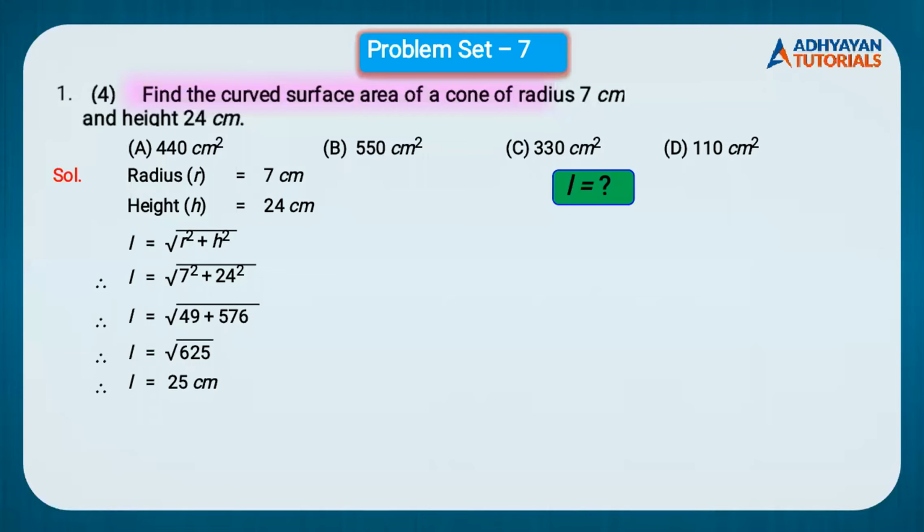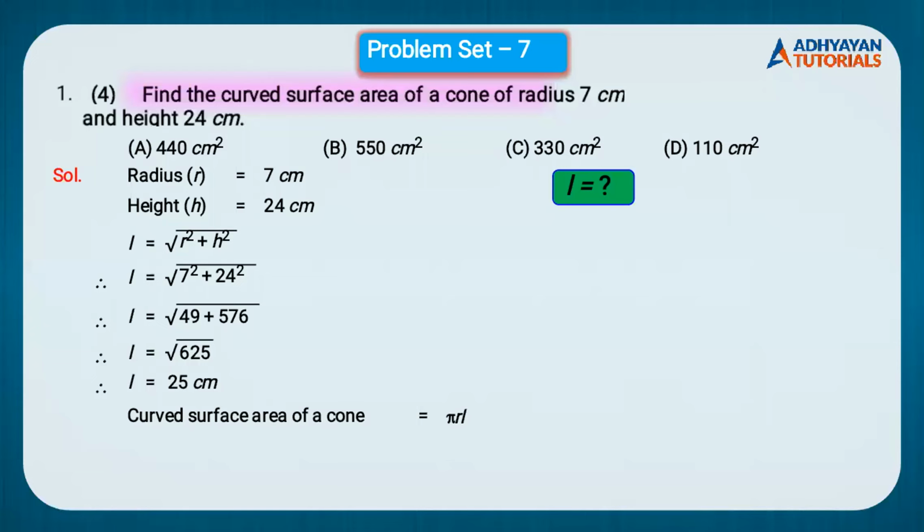Now we have already discussed what is the formula for curved surface area of cone. Yes, curved surface area of cone is equal to pi r L. Now we know pi, we know r, we know L, so we can substitute. But as we have discussed, what should we take the value of pi? 22/7 or 3.14. Now students, if you see how much is the radius given, it's 7. So it's a hint to us.